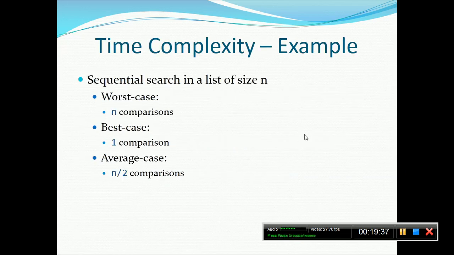Now, suppose I am taking an example, a sequential search, also called a linear search, in a list of size n. The worst case, how many comparisons? N comparisons. Best case, the first element itself is the element you are looking for. Suppose it is your day, how many comparisons will you make? Only one comparison and you will say, okay, I got your element. The third is the average case, that is in between the best and the worst. If you find an average, n plus 1 by 2, that is n by 2 only. How do you find an average? Like the worst case plus best case by 2.